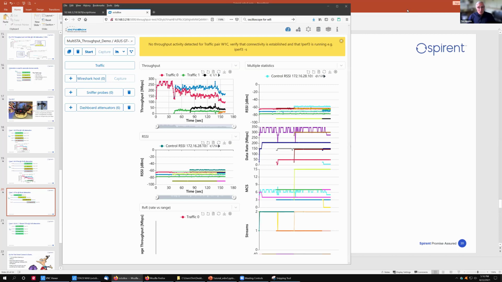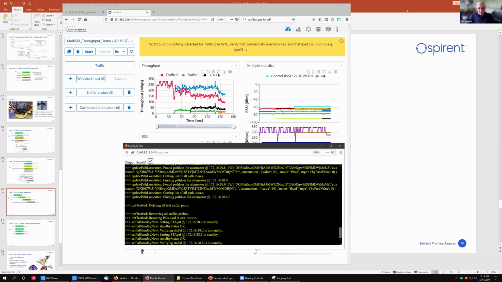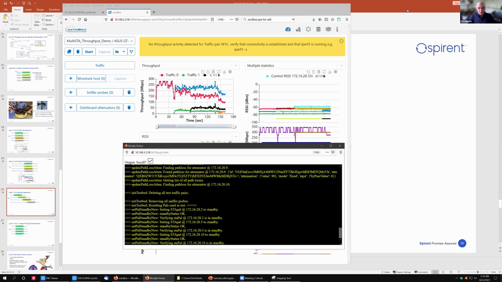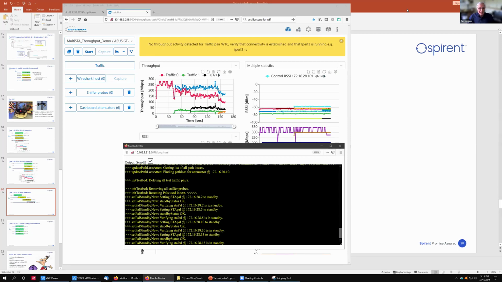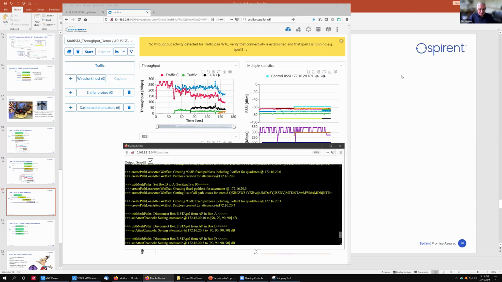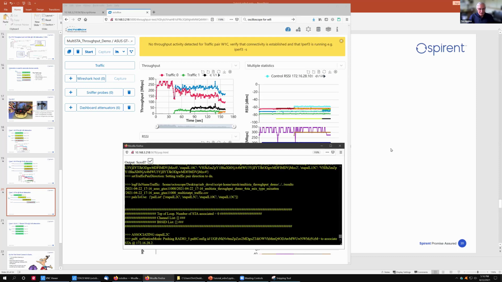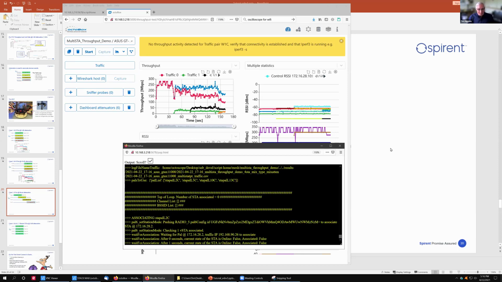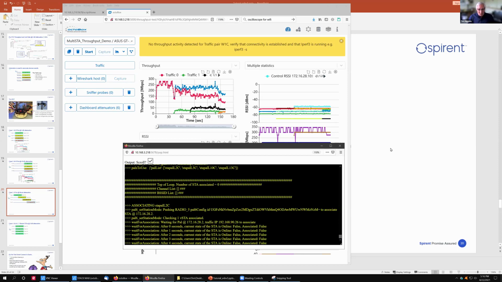So this is a good one in that now we have a mix of attenuations and capabilities. So anybody want to guess where things go? I think the first one's a gimme. I think the first one is pretty much going to go to one of the 5 gig radios. But we'll see whether 15 dB of attenuation makes any difference for the second.